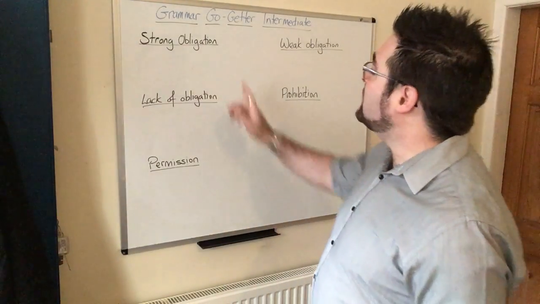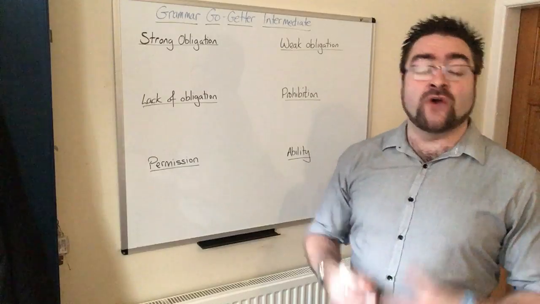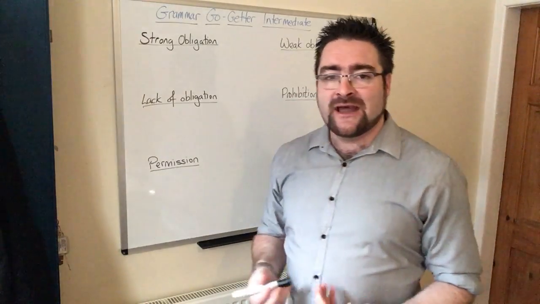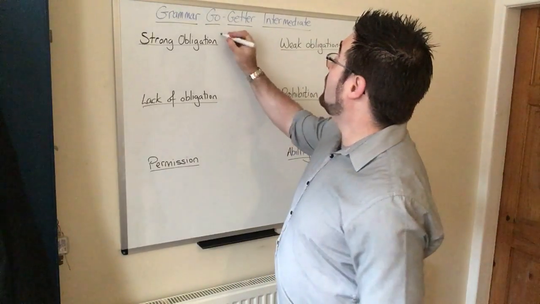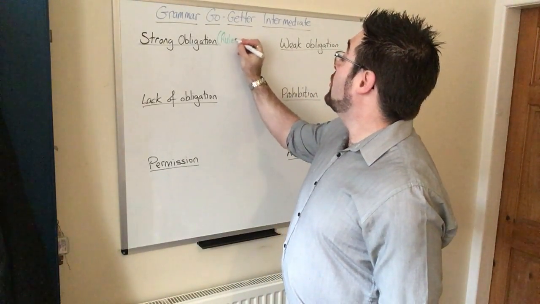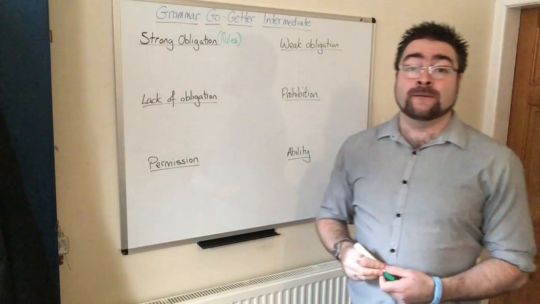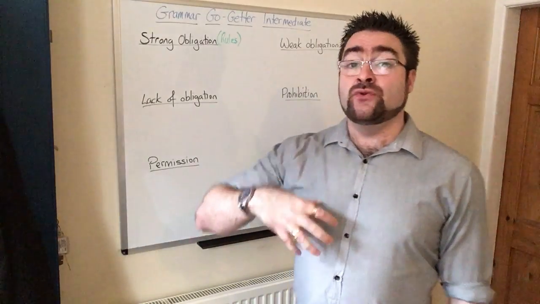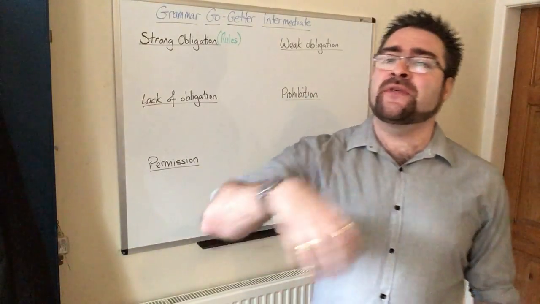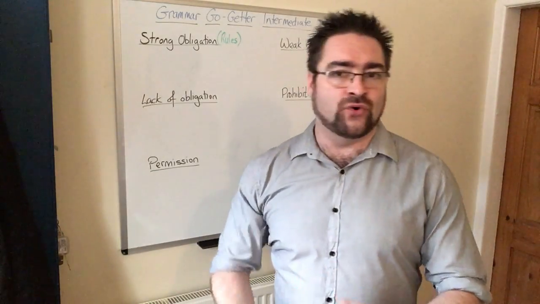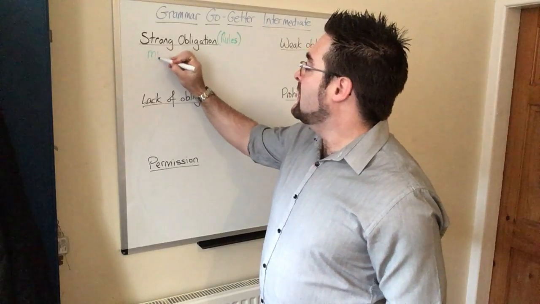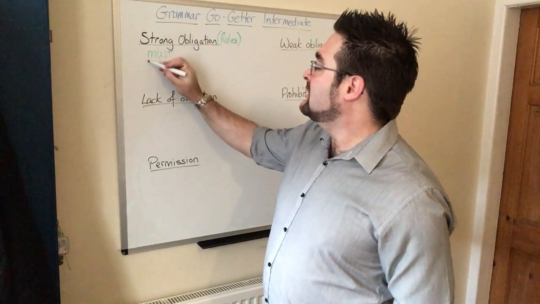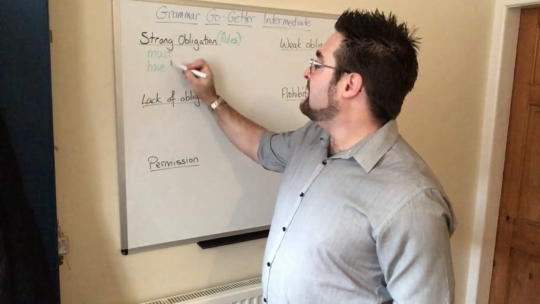So let's get started. First of all, we've got modal verbs of strong obligation. Now what does strong obligation mean? It means rules. The things that if you don't do these things, something bad will happen, you will get punished or something like that. So for these we use must, have to,